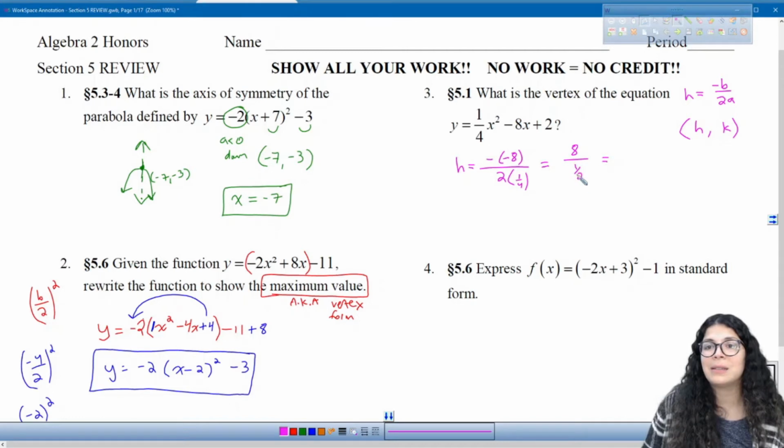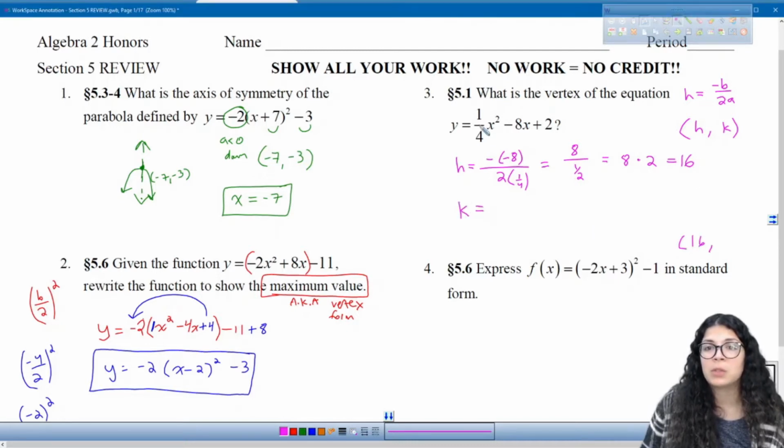So we're doing 8 divided by 1/2. Dividing by any number is the same thing as multiplying by the reciprocal of the number, and the reciprocal, if we flip over 1/2, is 2 over 1, which is 2. So it's really 8 times 2, which is 16. Now that we have the x value of the vertex, we can go ahead and plug that in to find